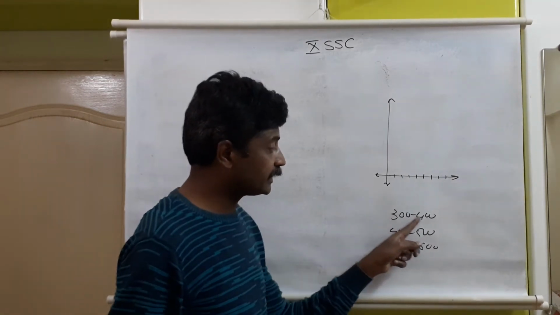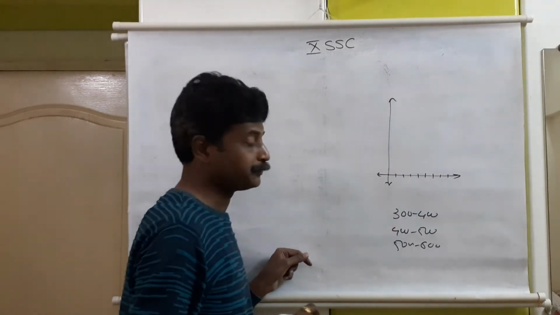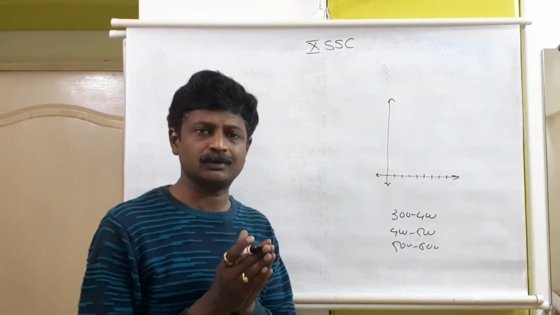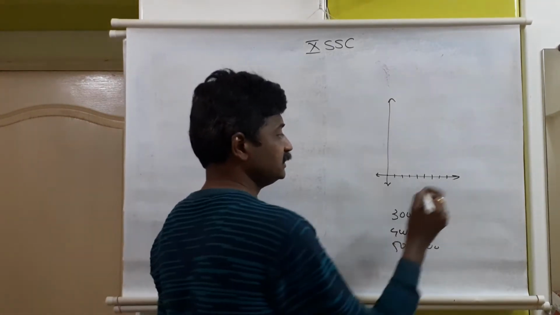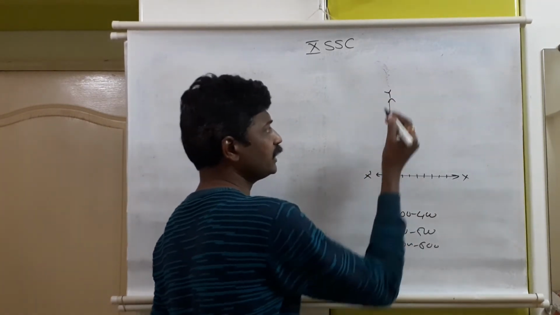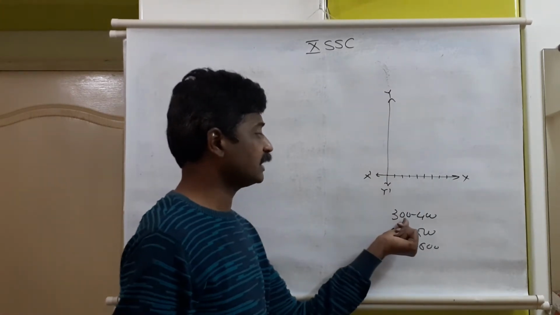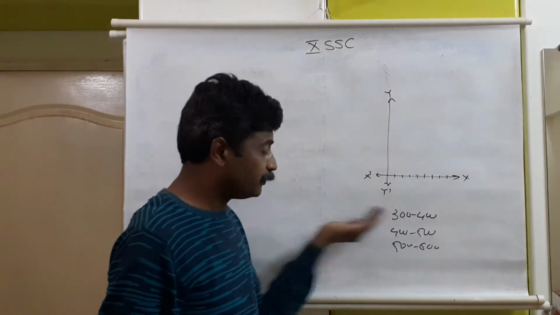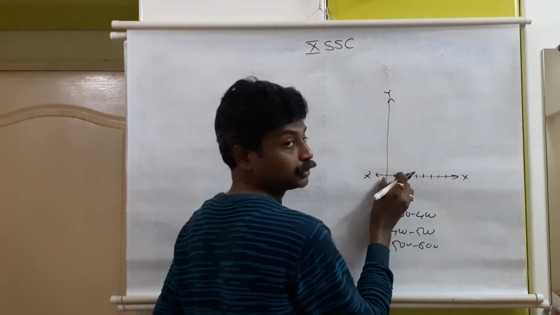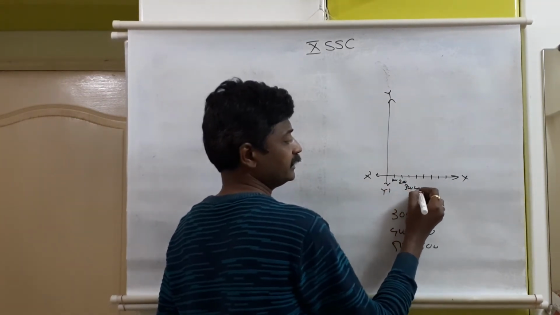Suppose it is divided into equal parts, 1 centimeter each. The first class is from 300 to 400. So from 0, this is the origin, the point of intersection of both axes will be known as the origin. The coordinates will be (0, 0) there. Now this is our x-axis, also known as x dash, and this will be y dash. Either y here or y dash, no matter. The first class starts with 300 to 400. Before that, from 0 to 300, there is nothing. So if we consider 1 centimeter equal to 100, this will be 100, then 200, then next is 300, then next is 400.